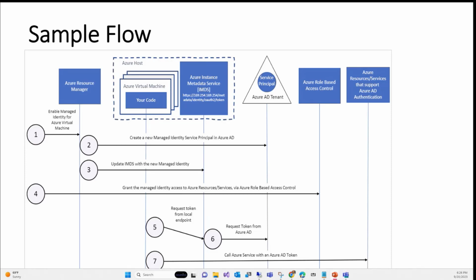To summarize: you enable identity, which registers the app, and then you grant access to that identity. Then you run your code that creates a token and uses the token to talk to the endpoint. The API takes care of talking to the endpoint, getting the token, and renewing the token. All those things are handled by the API classes.